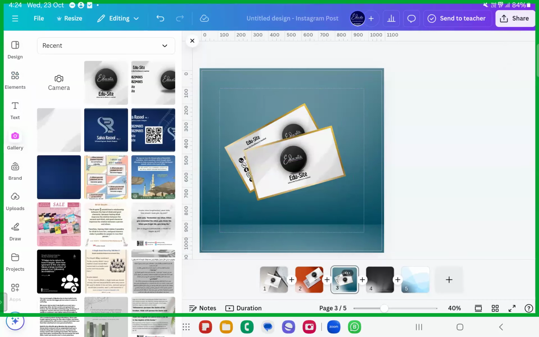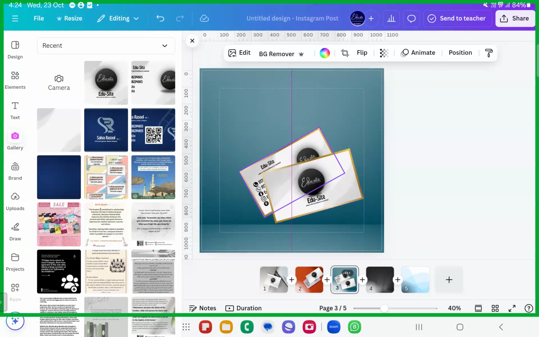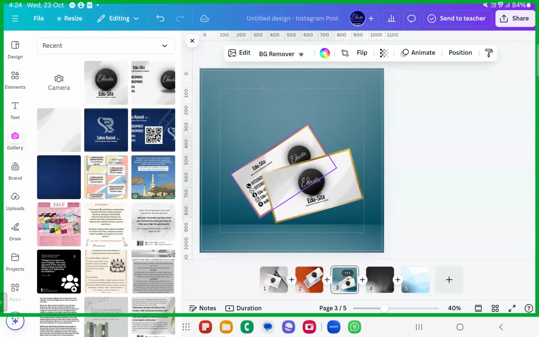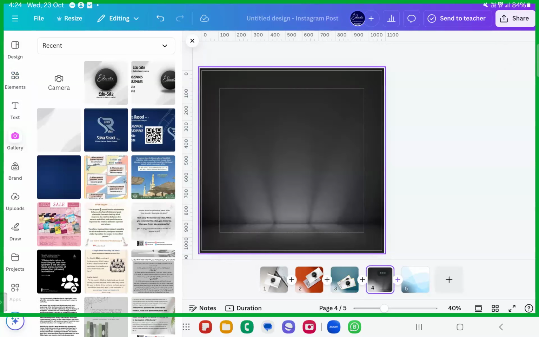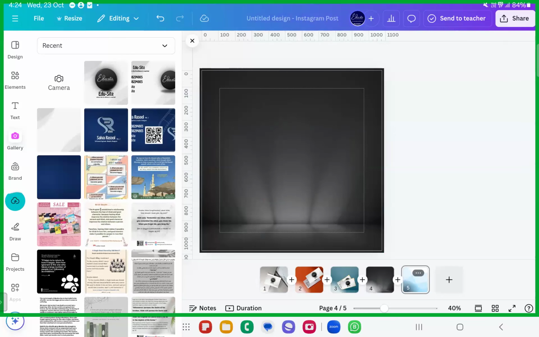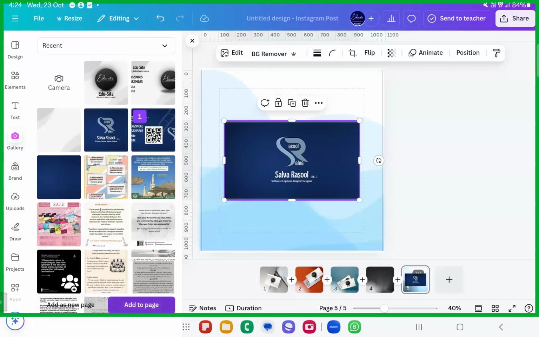See how beautifully we have created our own mockup. If you want to place it perfectly like this or something like that, you can place it. Okay, rotate it further. It's all up to you. See how beautifully we did it. Then again, these two we'll take, add to the page. Make sure the backgrounds match well with this one. This doesn't match, so we'll go ahead with this one, add to the page.